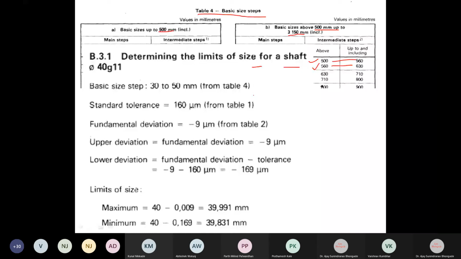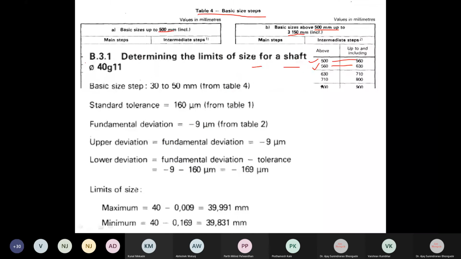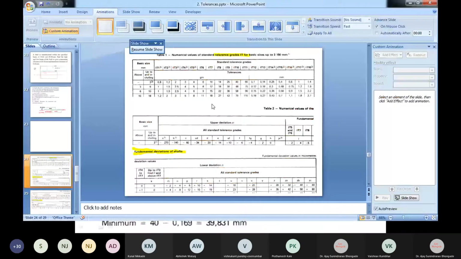Okay, so let us try to work out the value of phi 40 G11. Determine the limits of the size for a shaft phi 40 G11. Obviously, we can see from table 4 that 40 will lie somewhere in between the step 30 to 50. Okay, so again if I simply move back to the tables there,